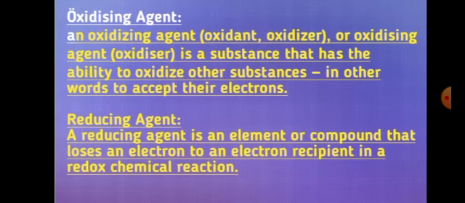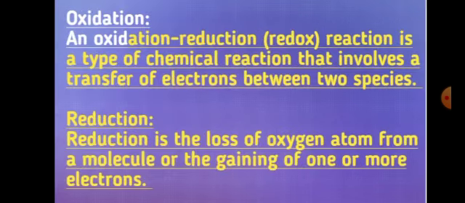So as I said before, where oxidation takes place, that substance is going to be your reducing agent, and where reduction takes place, that substance is going to be your oxidizing agent. I hope that until then it's clear. So let me move on with the next topic. So as I said before, oxidation is nothing but the adding of oxygen, removal of hydrogen and loss of electrons, and reduction is basically loss of oxygen, gain of electrons and gain of hydrogen. So let me read the definition for your better understanding.